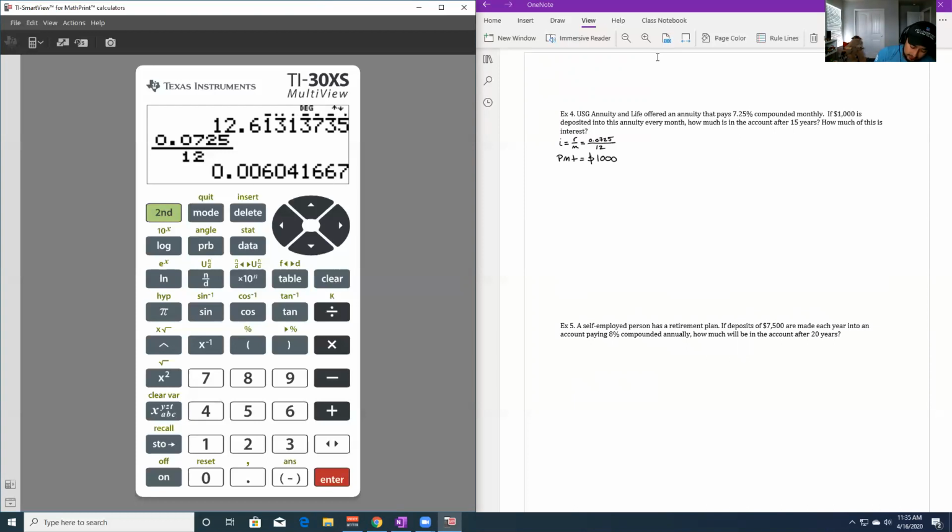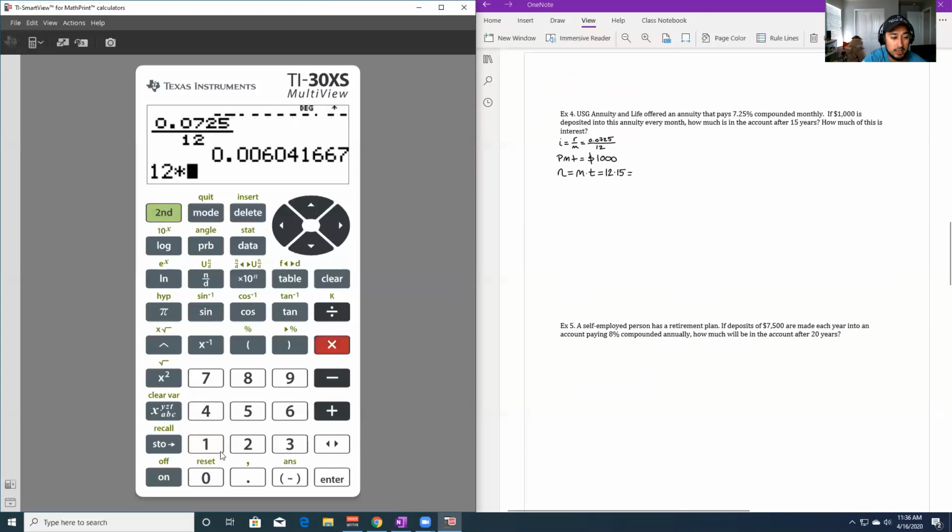Okay, so that means they're giving us N. N, remember, is M times T. So compoundings times time. So M is 12, because we're compounding monthly. Time is in years, so that's 15 years. And what's 12 times 15? Is it 180? Yes. So we get